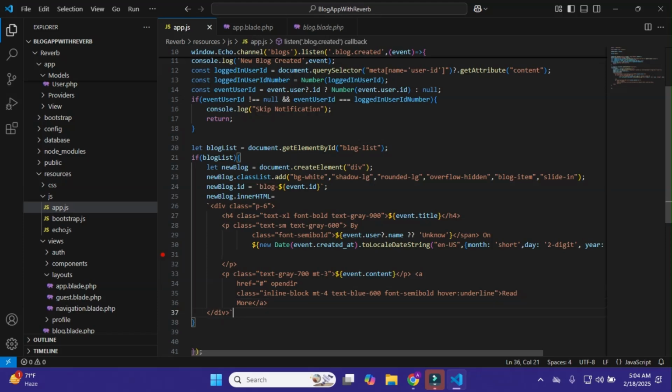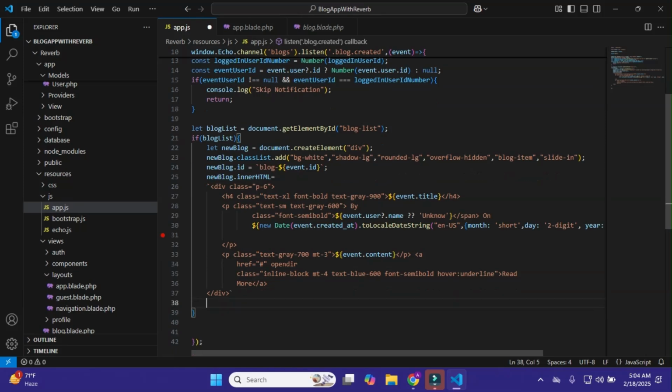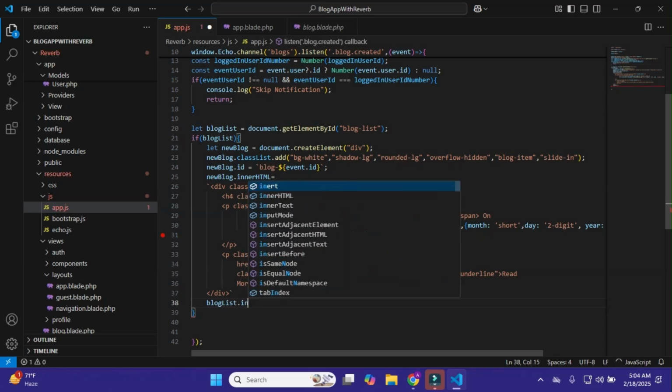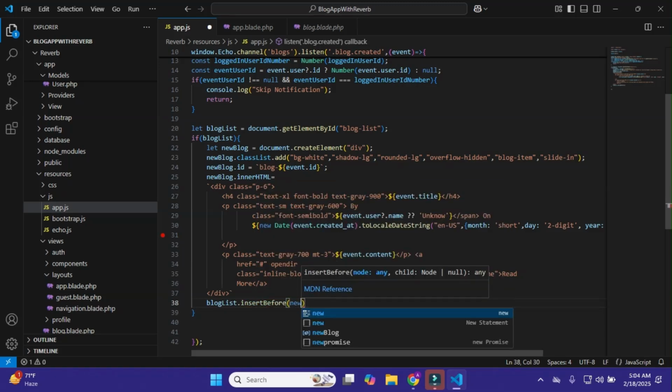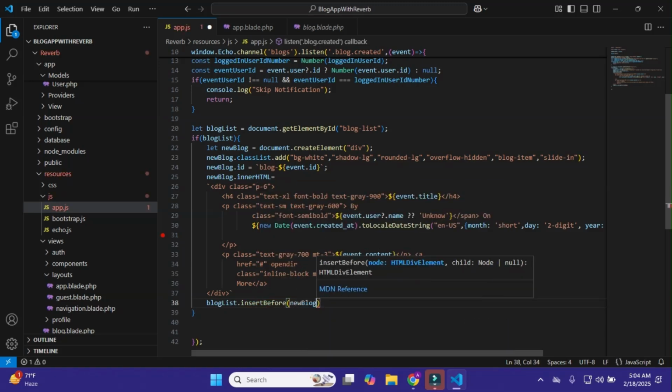After this I'll close this div, and here I'll make it blogList.insertBefore(newBlock, blogList.firstChild). That's it.